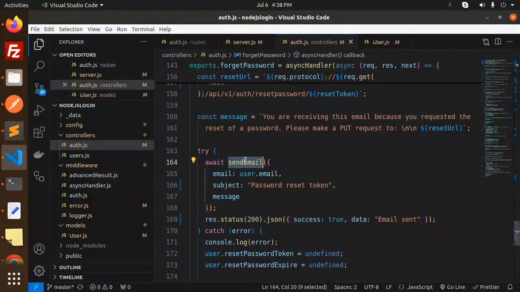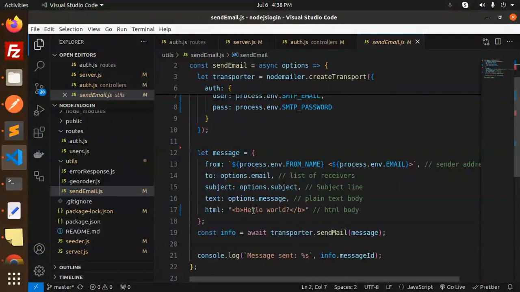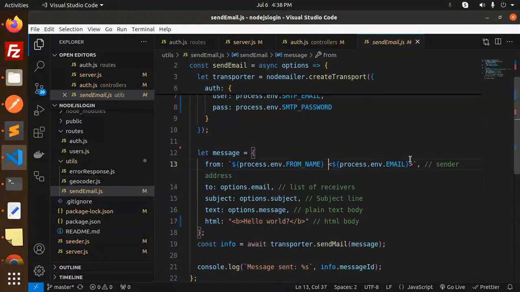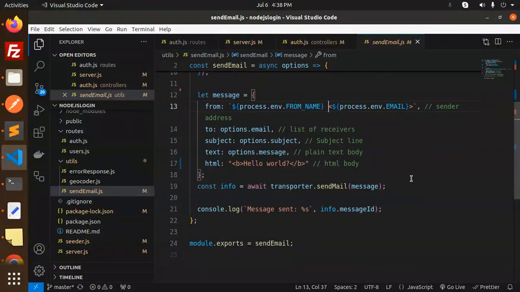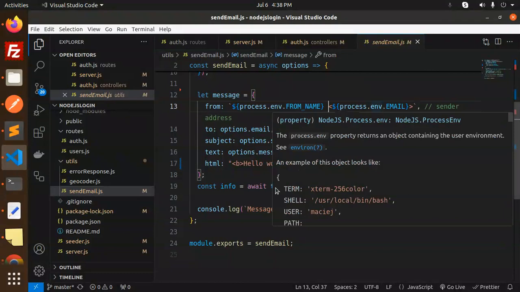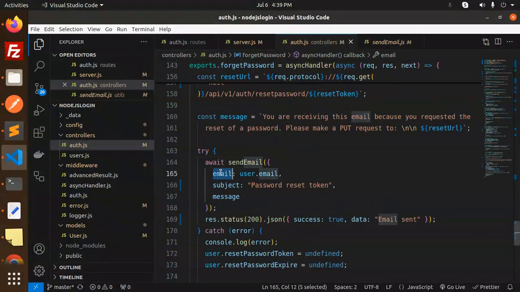Send email. Let's check the send email function. This is that one, options HTML. So here I think it is coming but not the full-fledged record. Let's edit this email template. Okay, I think there is an issue in that one. So the HTML, what we're going to process, process.env from name, this one. So when we try to send this, send email,